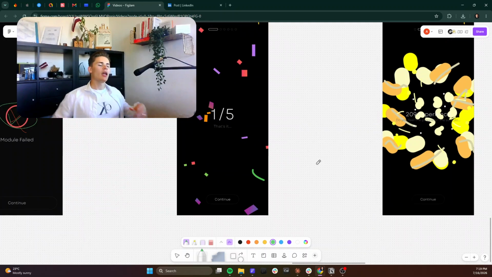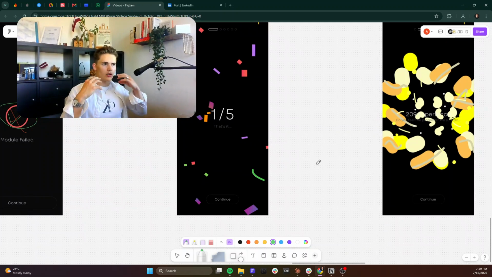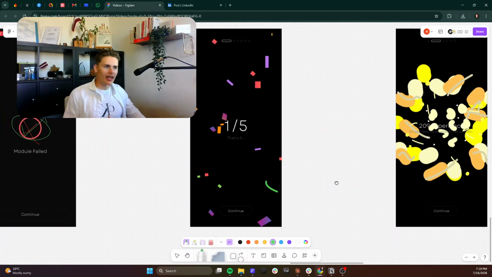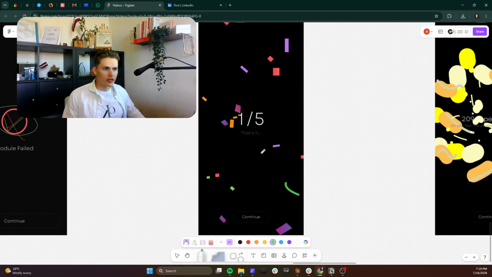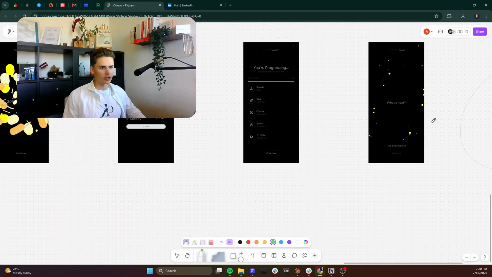Quick case study. There was a case study of Robinhood, the trading app, where the confetti animation that popped up after doing a trade was actually banned because it worked so well that people felt encouraged to make arguably bad trades because the experience felt so rewarding. So don't think that this is childish or something. No, rewarding the user with a confetti animation with haptic feedback, which I will touch upon a bit later,